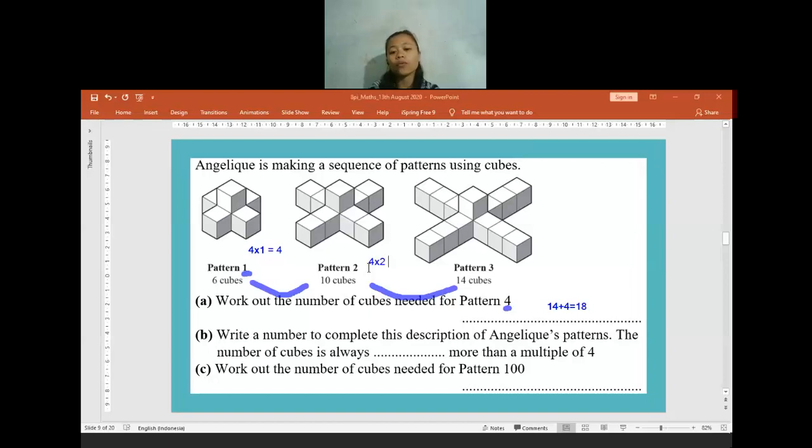This is the same as when we are in the table, we find the difference, but this is in a word problem. So maybe it will look a bit different. It's like this, and then we can find the difference. 4 and 6, the difference is 2. 8 and 10, the difference is 2. 12 and 14, the difference is 2. So in here, the answer will always be 2.